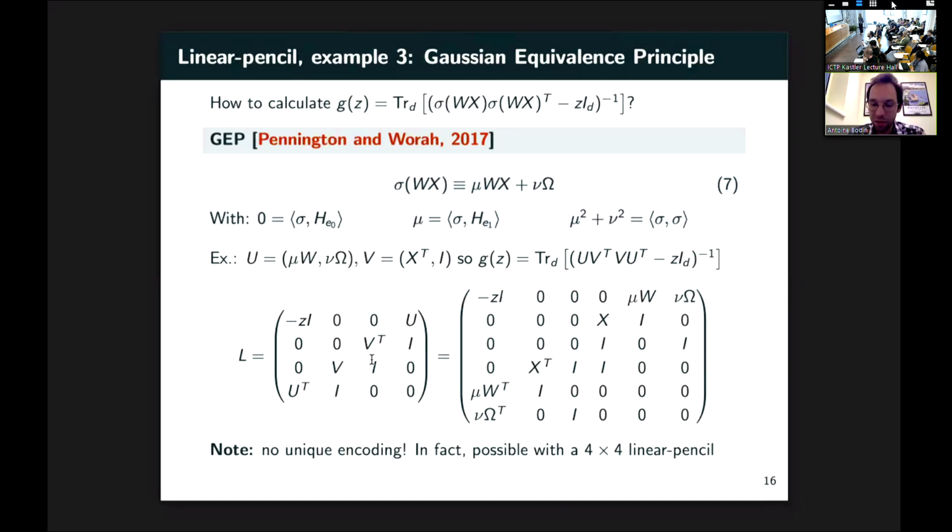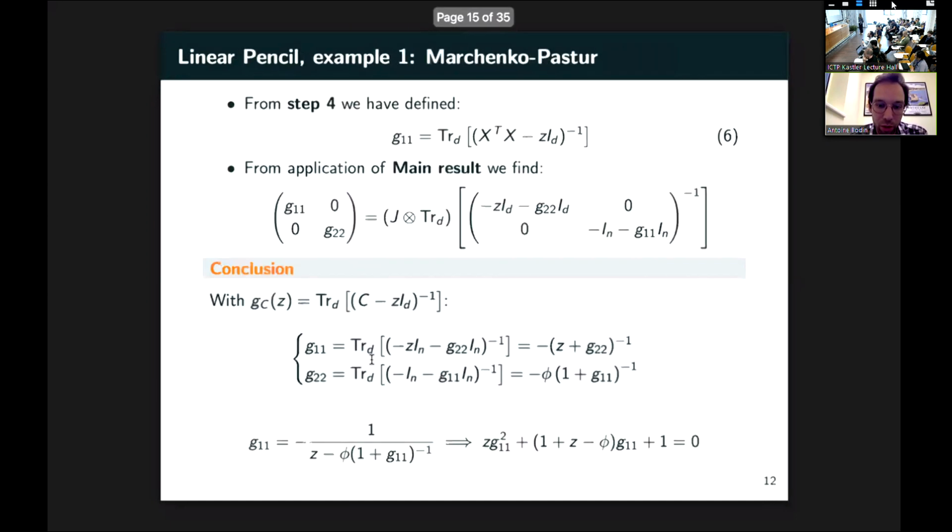In fact, the expression yields in some... Okay, if we just go back, for instance, to the Marchenko-Pastur case, it's quite easy, right? You have two algebraic expressions in J11, J22. But if your linear pencil gets bigger and bigger and you want to derive just one specific quantity like J11, but on a larger scale linear pencil, then suddenly things become a lot more complicated.